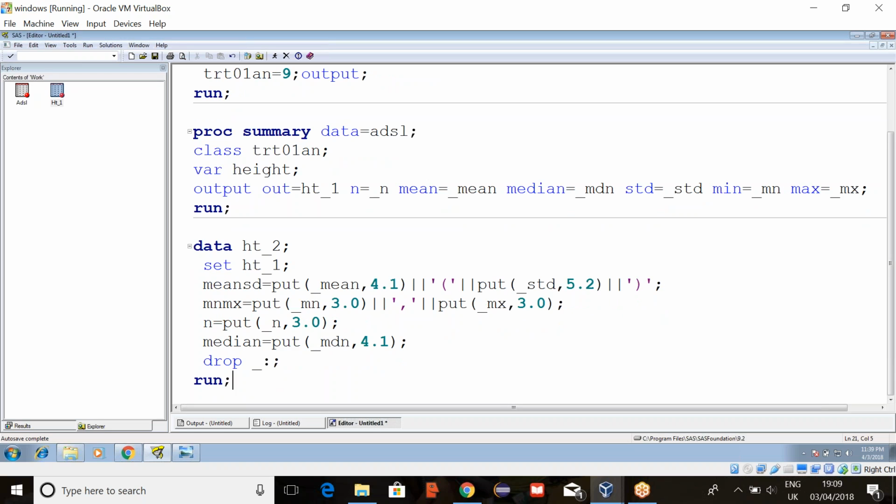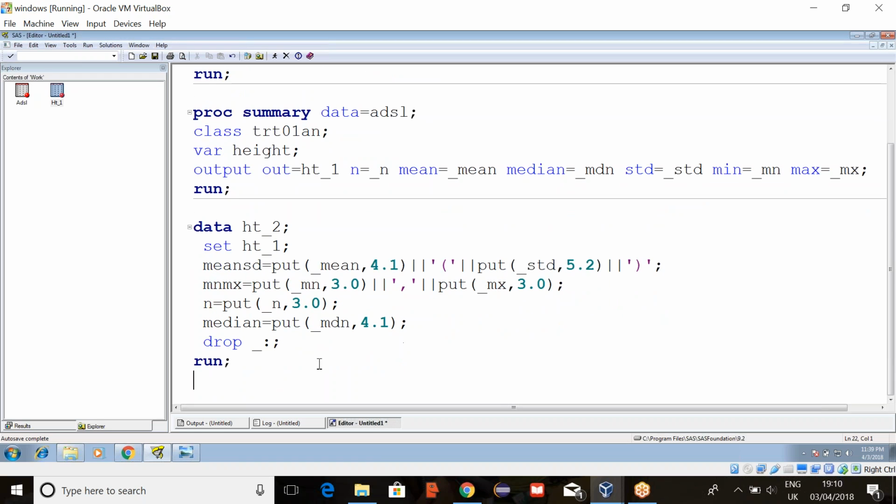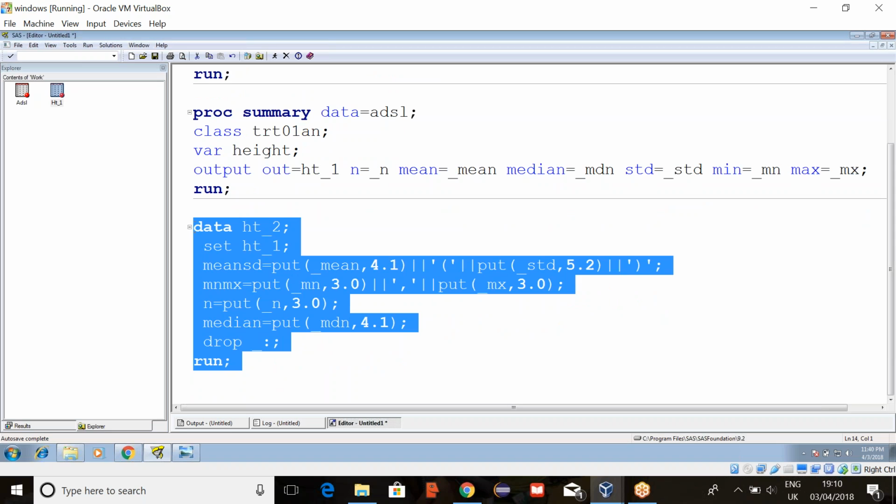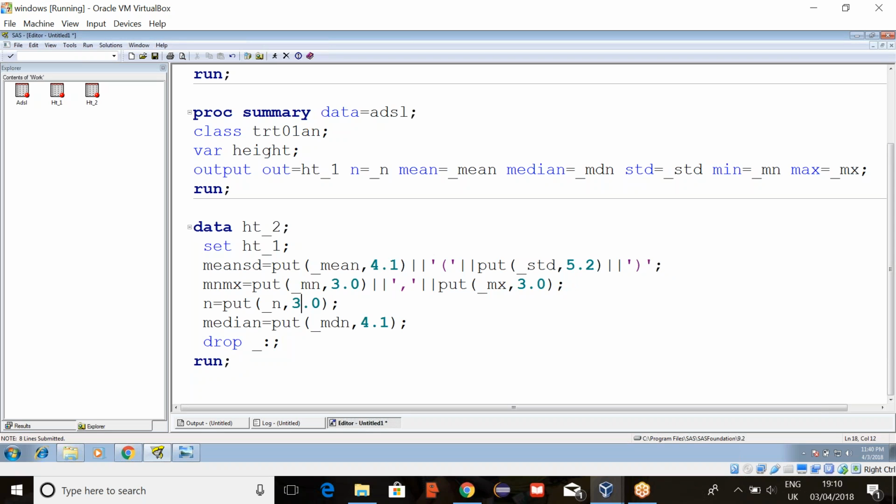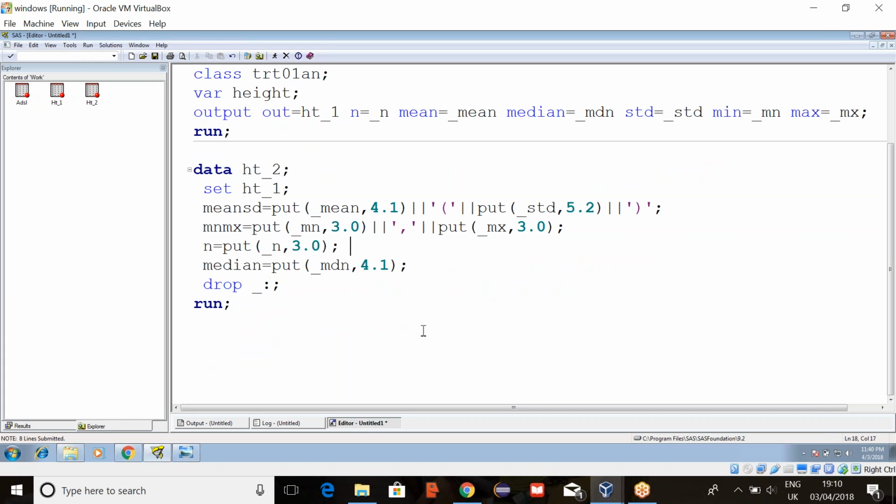If the same step you are doing in a data step, if you have to write it in proc SQL, will we be able to do it? In proc SQL, how can you concatenate these? Is there a possibility? Because in proc SQL you don't have to convert numerics to characters. No, that is not possible with SQL.